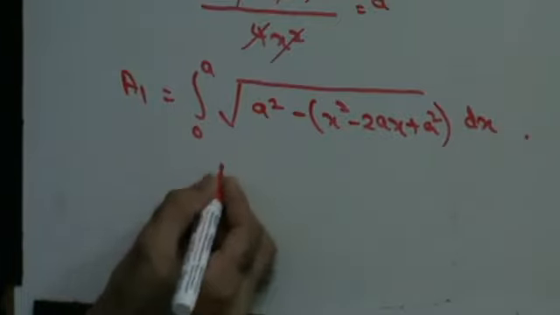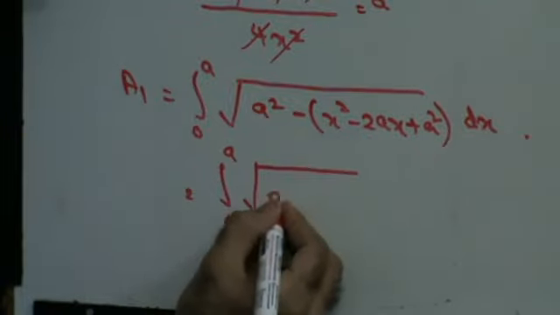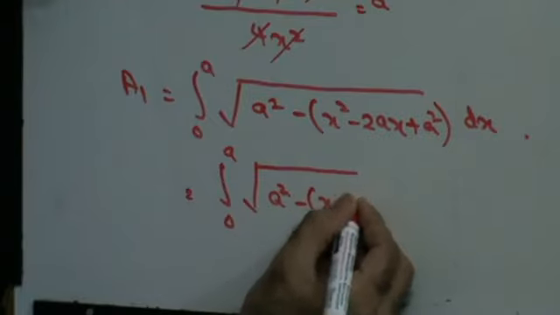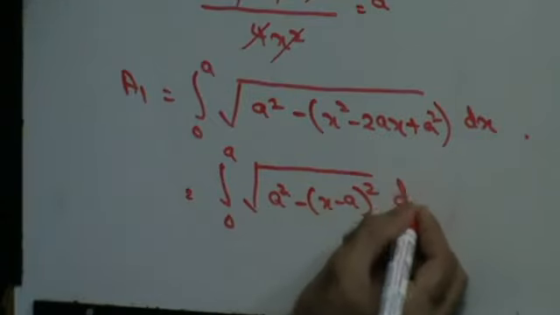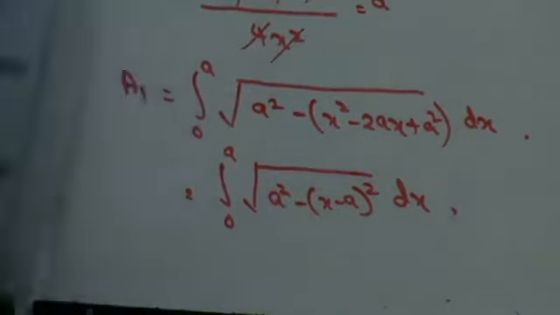So this is going to be the integral of 0 to a of the square root of a square minus (x minus a) the whole square with respect to x, right? This is in the form a square minus 2ab plus b square, right? Now once you have this, then you can say that